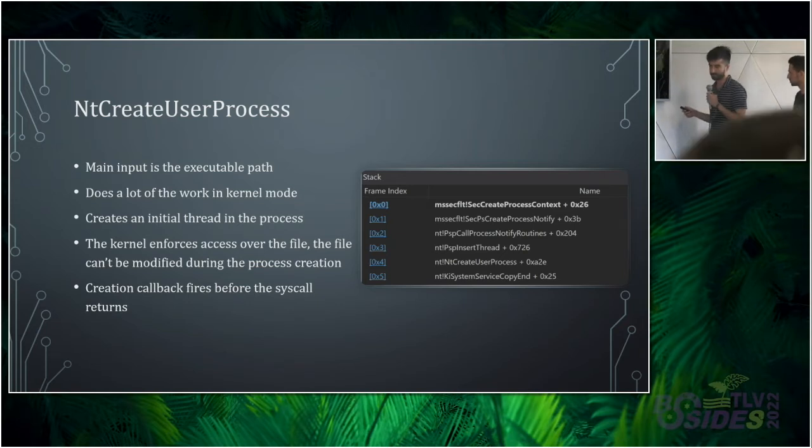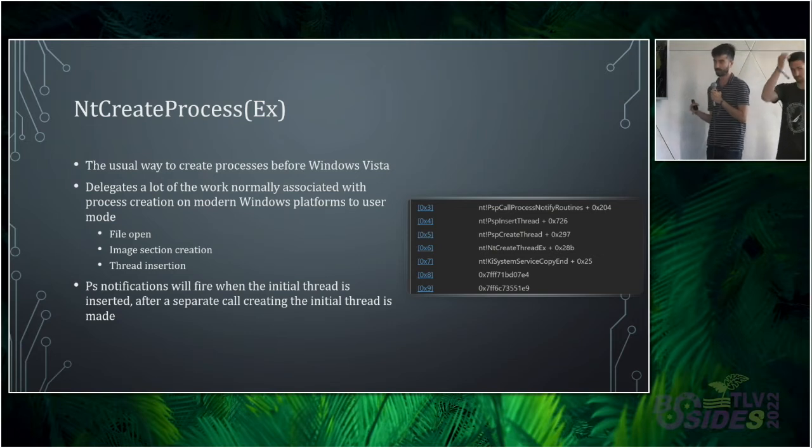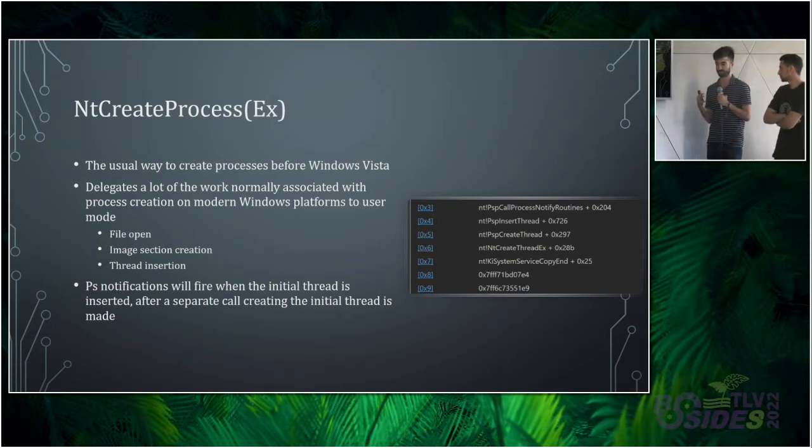The problem is, this is not the only way to create processes in Windows. And actually, before Windows Vista, there was another pair of syscalls, NtCreateProcess and NtCreateProcessEx. Now, this syscall pretty much breaks every single assumption an antivirus or an endpoint protection solution has regarding process creation